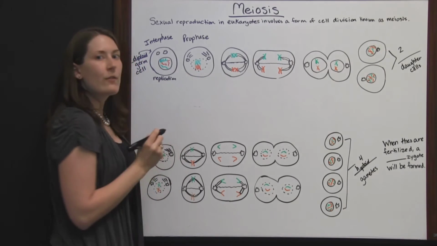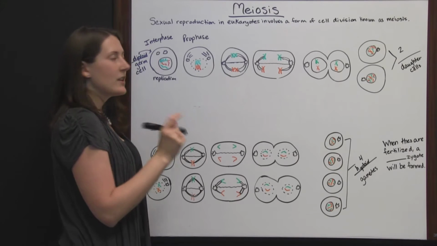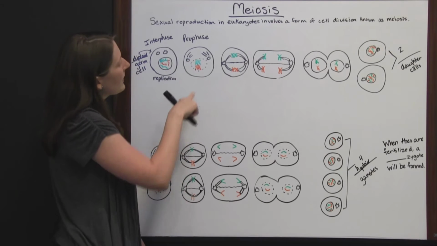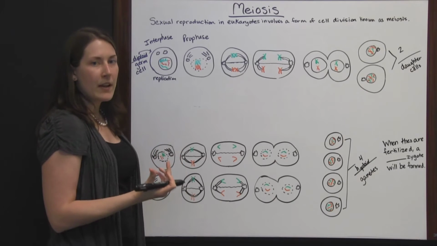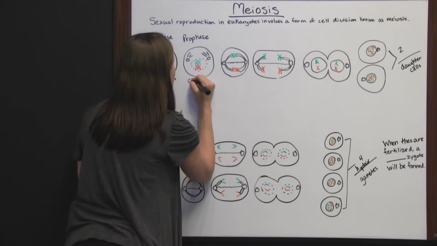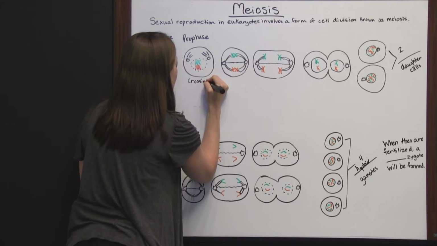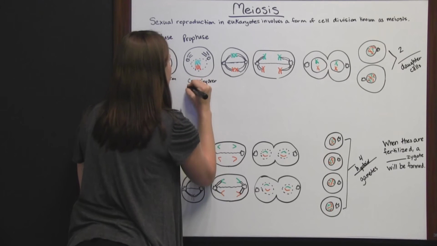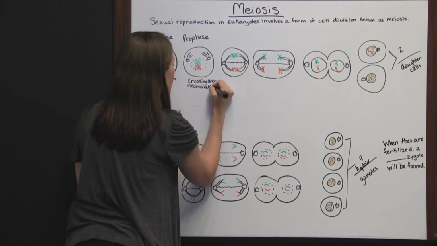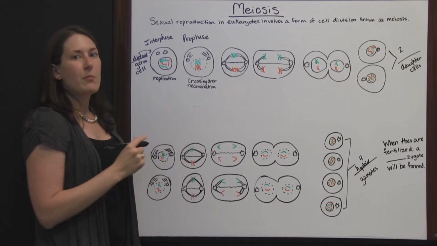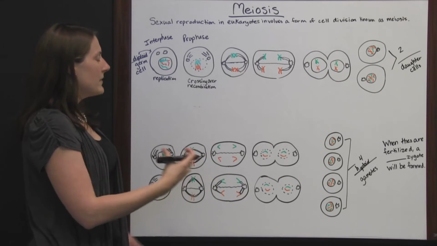And where there's crossover, they kind of swap a little bit of genetic material. So each one of these pairs is going to take a little bit of the other pair. And that is called crossing over or recombination. So you're just kind of jumbling up the maternal and paternal bits